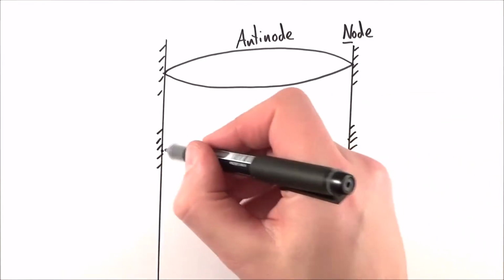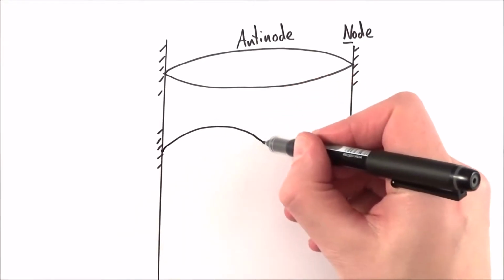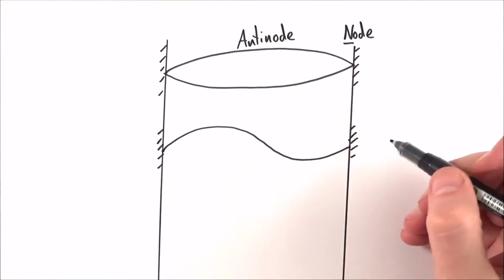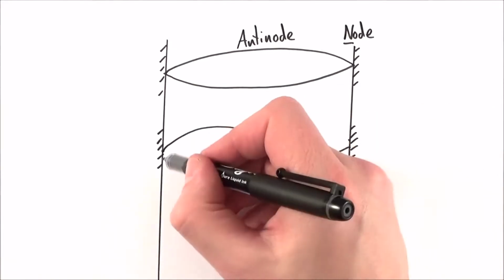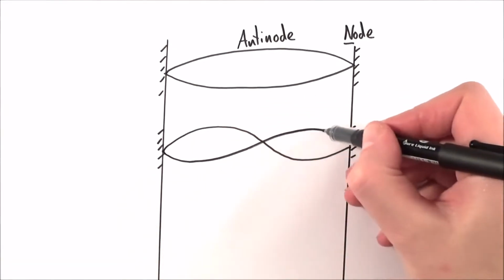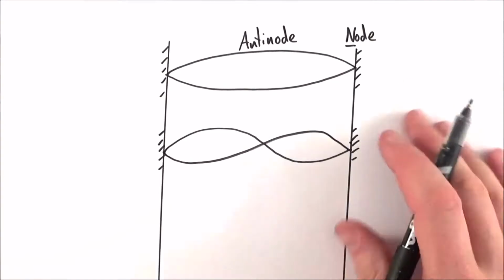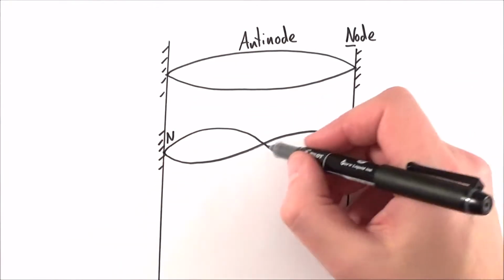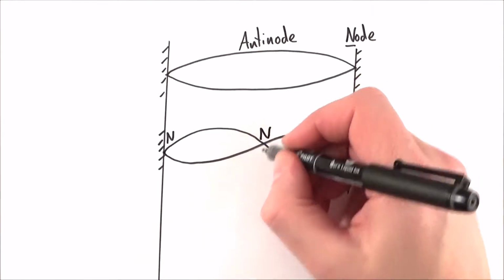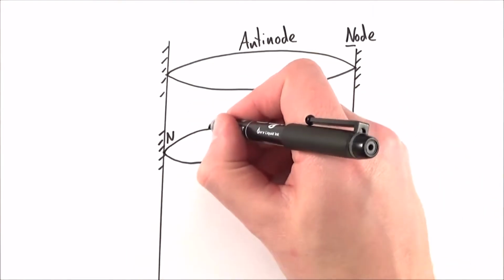But this time there's another wave that is actually the length of one complete wavelength. And if I draw that as one of its waveforms, the opposite to this at the other extreme, half a cycle later, looks a bit like this. And again we have a node at each end. We also have a node, or a point of no displacement, in the middle, and then we have an antinode